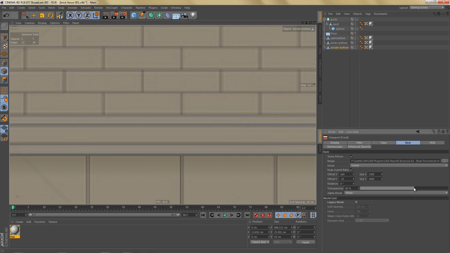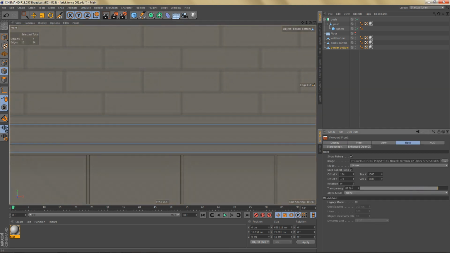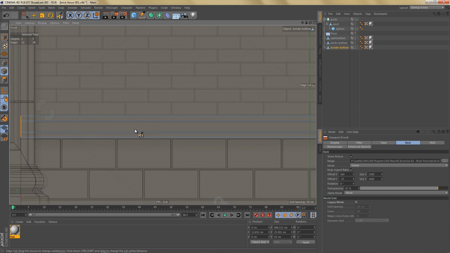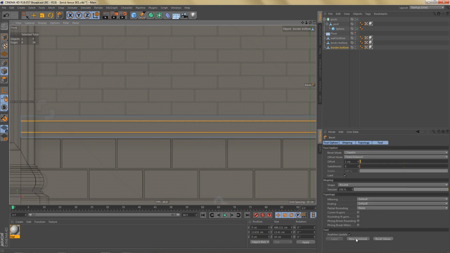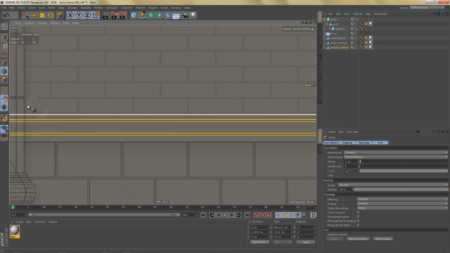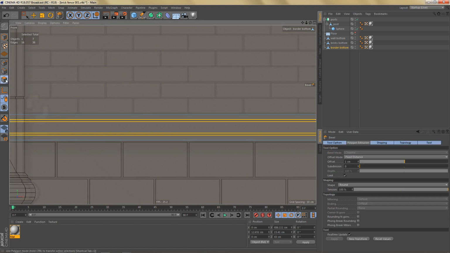And maybe I'll make that reference image a little more transparent. So we've got something like this, and I'm going to select the edges, and I've still got tolerance selection switched on, which means I'm selecting the edges at the front and at the back. Let's bevel those, convert the edge selection to a polygon selection,